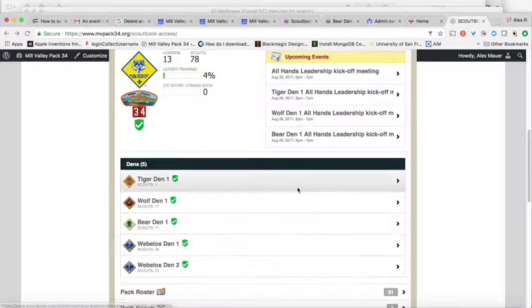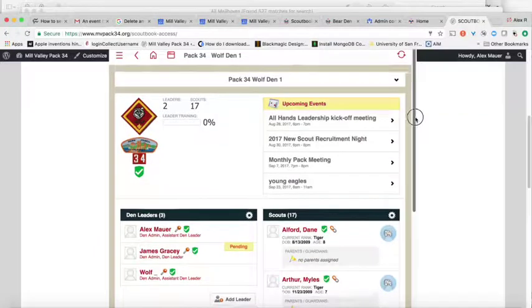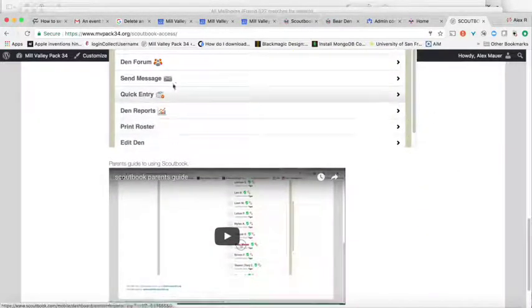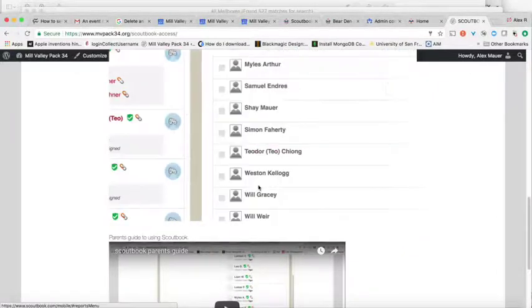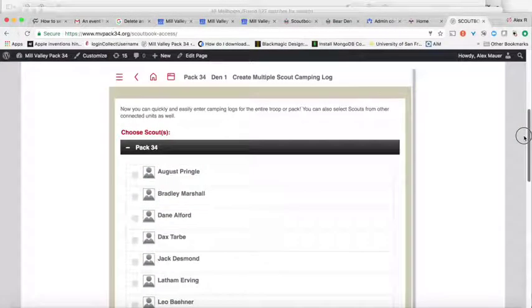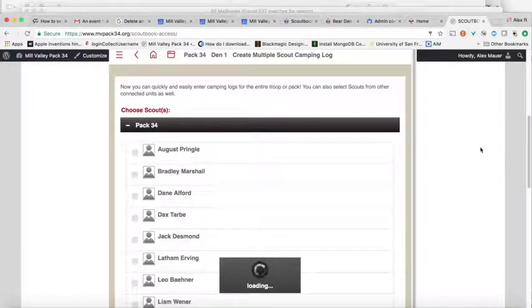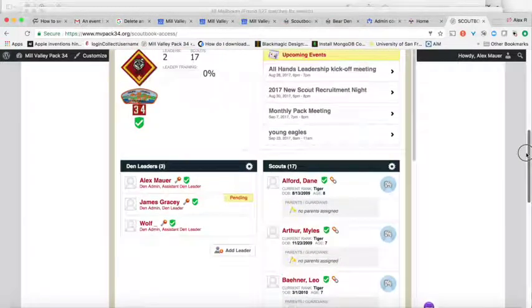what I expect to have happen is that the den leaders are going to go into their dens and say, these are the kids from my den who went camping. They're going to say these guys and these guys and this guy and this guy and this guy all went camping on this date. And then you can quickly add that. So we keep an ongoing record of what the kids are doing. So that, again, at the end of their scouting life and they've achieved their Eagle Scout, they have a full record of everything they did. They know that they went camping in their Tiger year at Tiger Expedition, and that was the start of it. How awesome is that? Okay,